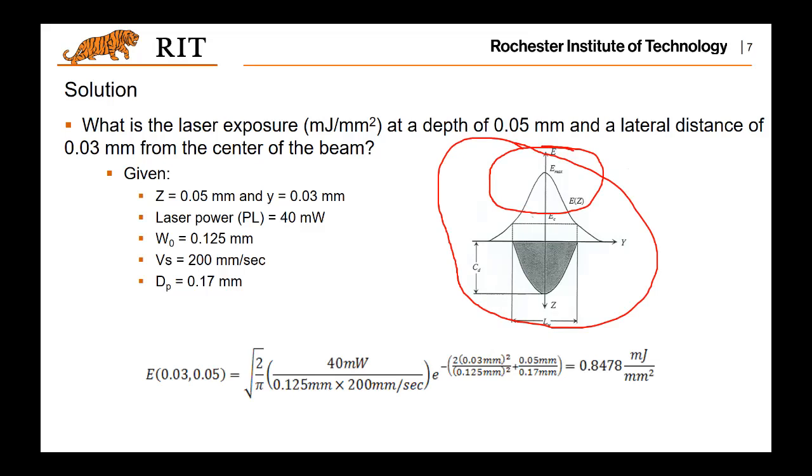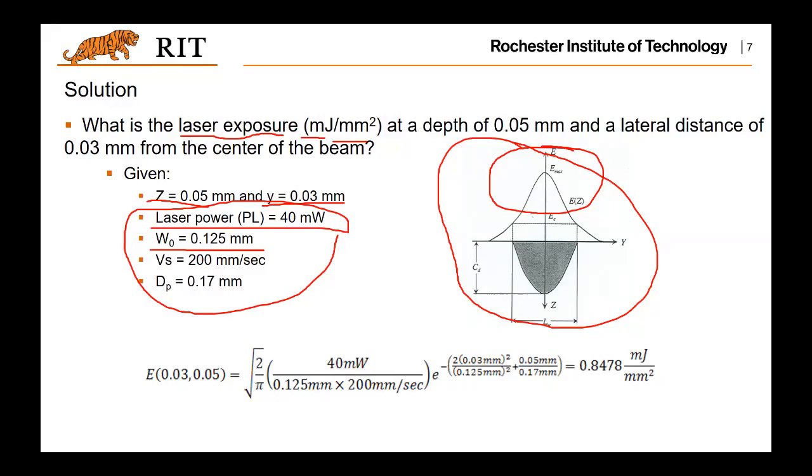If you want to tell what the laser exposure is in millijoule per square millimeter, what you want to do is input its depth and the coordinate in the y direction, together with all these known values: the laser power,